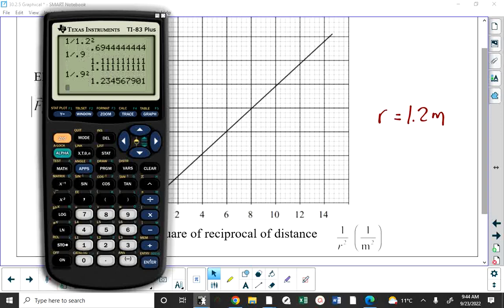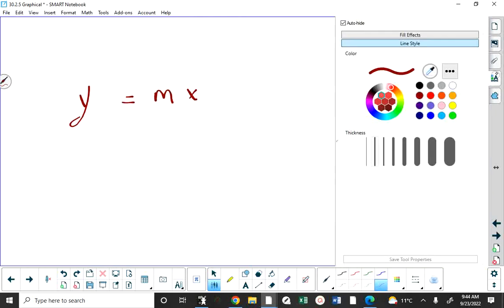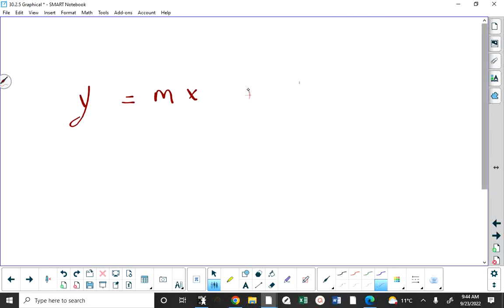You'd get 1.23. But why do you get a straight line when you do that? The reason is a straight line... By the way, there will come a time in this course where we will have a y-intercept because we're supposed to have a y-intercept, not because maybe there's an error. The reason why that works is if you take Coulomb's law,